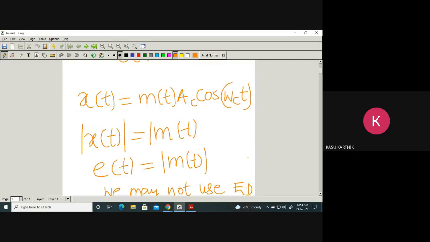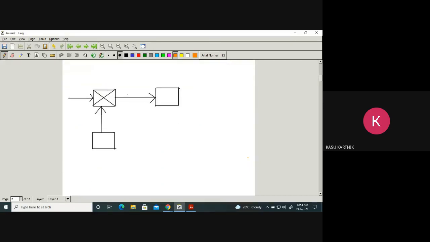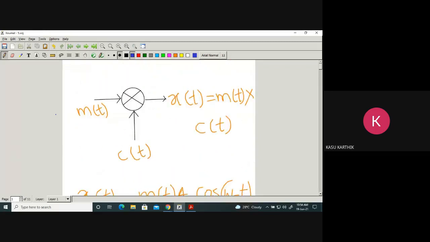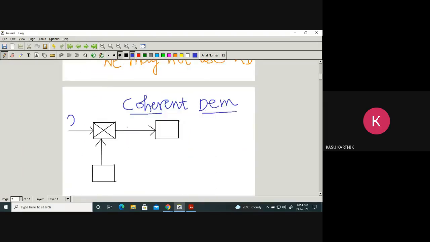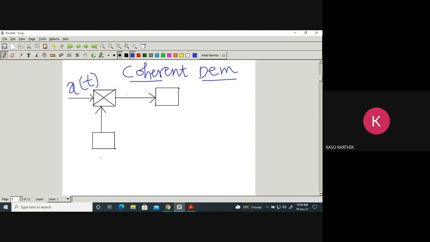So then instead of this, what do we use? We use something called synchronous or coherent detector or demodulator. This is called coherent demodulator. So what do you mean by coherent or synchronous? Now this is a modulator. You're transmitting X of t. You transmit over a channel. What do you receive here? So X of t you receive. It is the receiver side. Again we multiply with cos omega ct. So this is called local carrier.